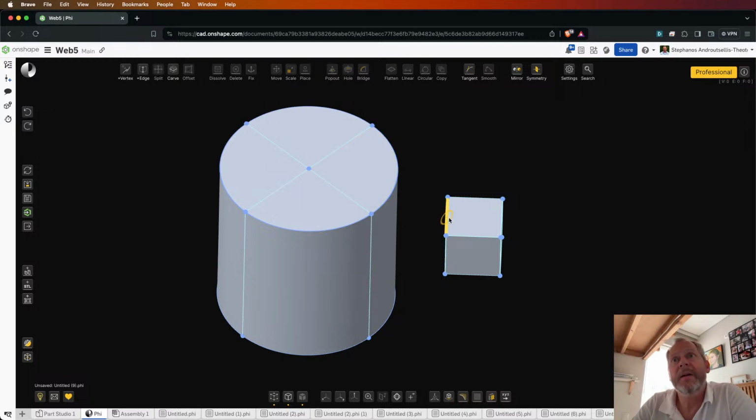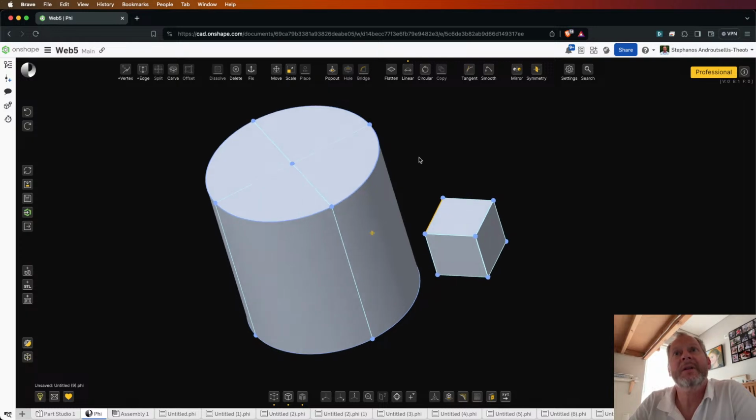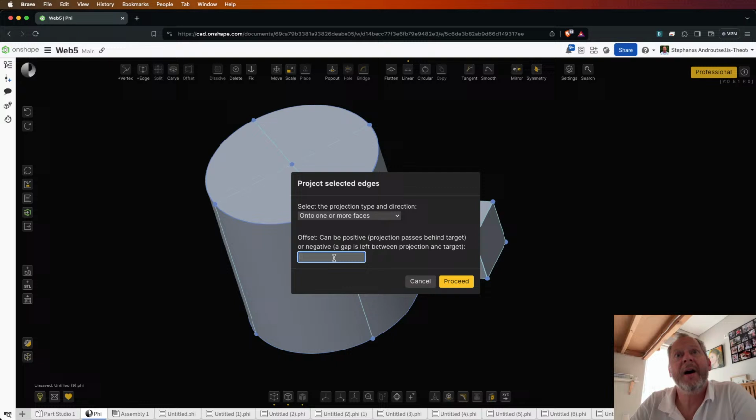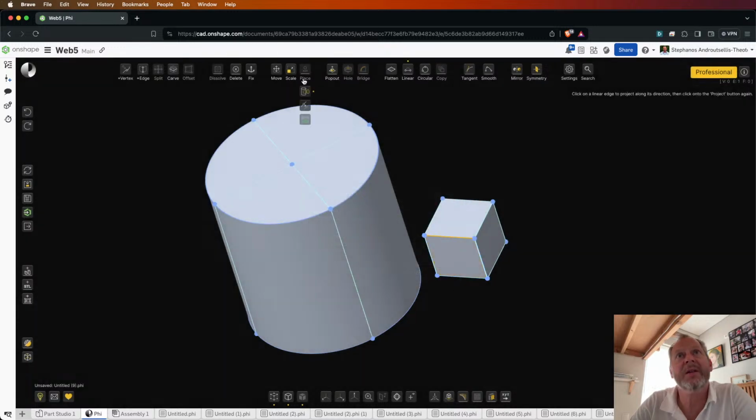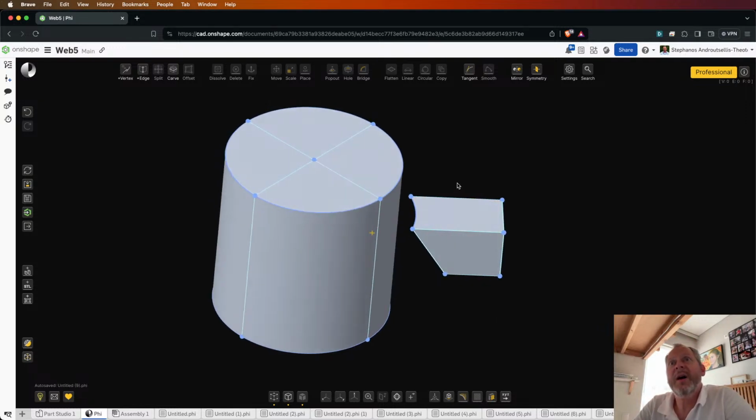Let me repeat this. I think that I made a very simple mistake. I will do the projection again. Yeah, I entered my value with a comma, not with a dot. So I wanted minus 0.1 and along an edge and proceed, and this is my edge, and I'll complete the projection. Right. So you see, it was projected, but we have a gap, and the gap corresponds to the negative